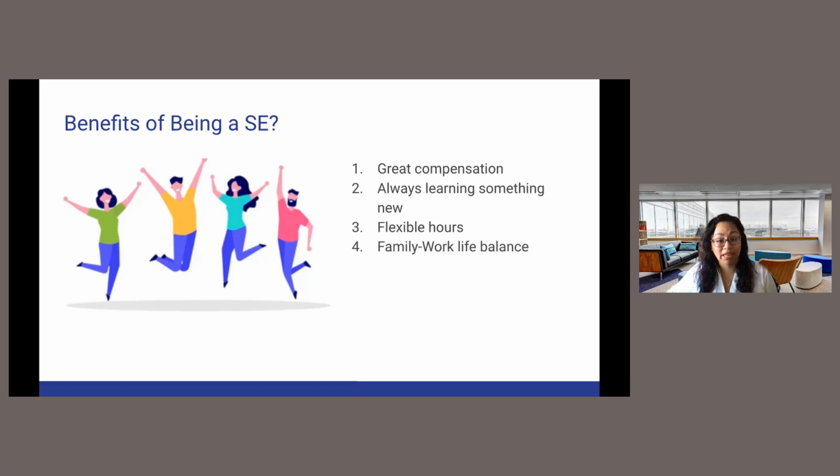And family and work-life balance. That is very important, especially for individuals like me that have family at home. I have two kiddos and my husband, and I still want to have my career. So it's one of those, I want to have my cake and eat it too. Being a sales engineer allows me to have a career, allows me to continue growing, but allows me also to have my weekends off with my husband and my children, to be able to go to those specific events in schools and still be able to help my children with their homework. So yes, family and work balance is definitely a perk.